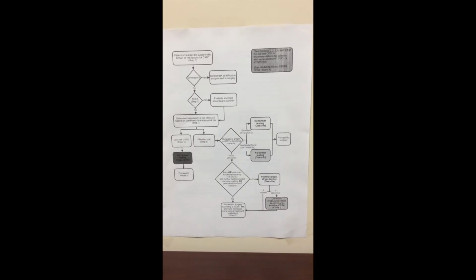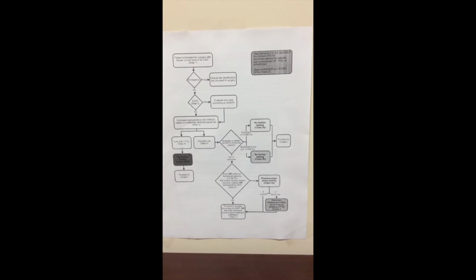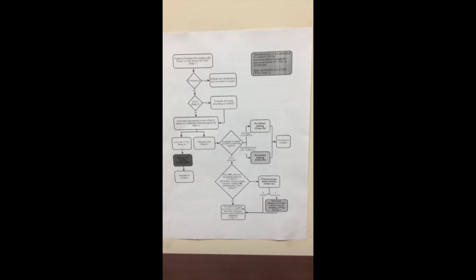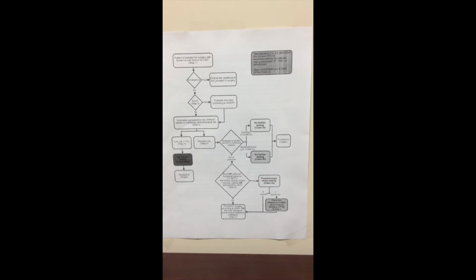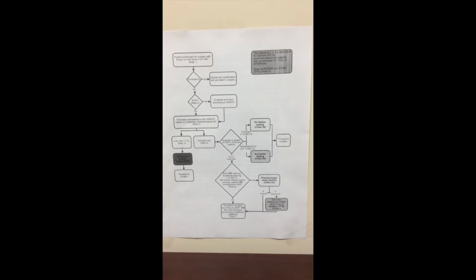4 METs, which is what they're kind of going for, you're able to climb a flight of stairs, do heavy housework, participate in moderate sporting activities like golf, bowling, or throwing a baseball. Just for a frame of reference, 10 METs or greater is considered strenuous sports, and being able to do that. If the functional capacity, as determined by the questions that you ask the patient, is greater than 4 METs,